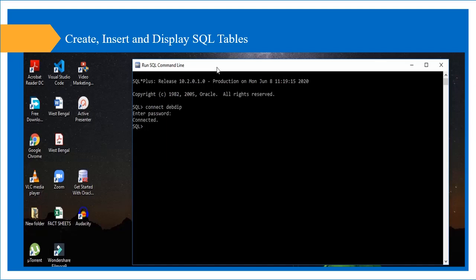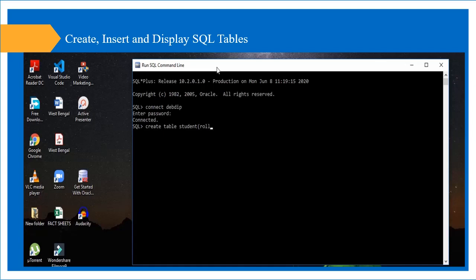Now create a table with two columns, roll number and marks. The command is create table, then the table name, student, then first bracket, then the field name.